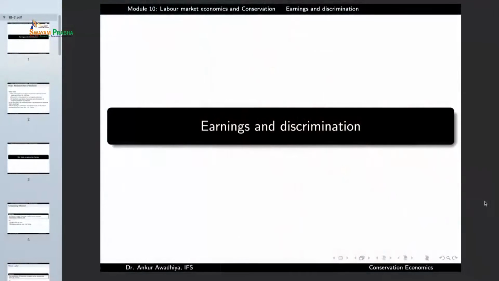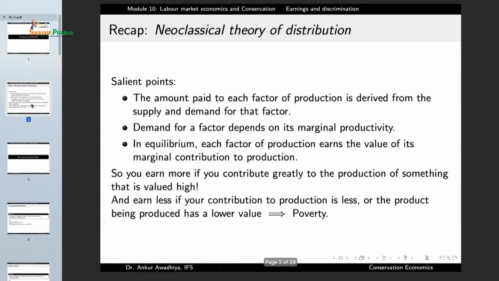Namaste. We carry forward our discussion on labor market economics and conservation, and in this lecture, we'll have a look at earnings and discrimination. Now, before we begin, let us recap what we had observed in the previous lecture. In the last lecture, we had a look at the neoclassical theory of distribution, and in that, we saw these salient points. The amount paid to each factor of production is derived from the supply and demand for that factor,